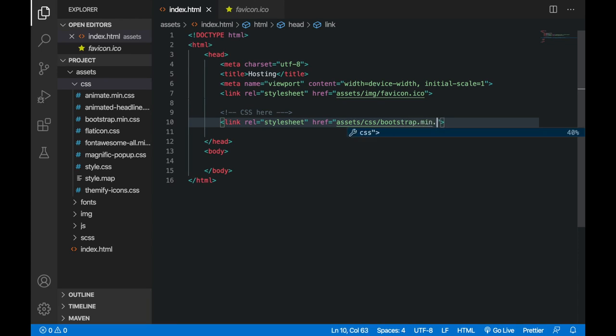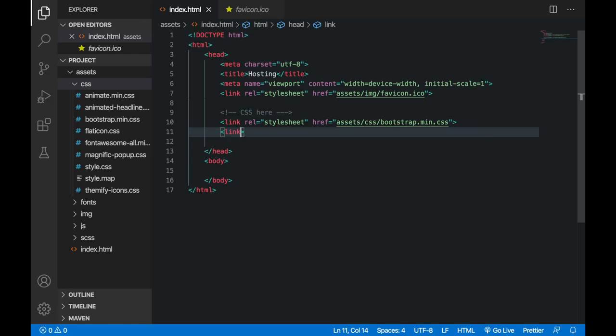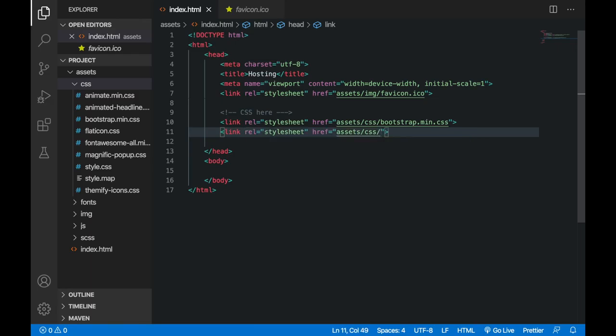bootstrap.min.css, okay? So I have linked it, and similarly I am going to link Font Awesome, okay, to include fonts here. So I will write this rel equals style sheet href, and then I have to specify the path, so assets then CSS. And inside CSS you can see here I'm having this Font Awesome all.min.css.